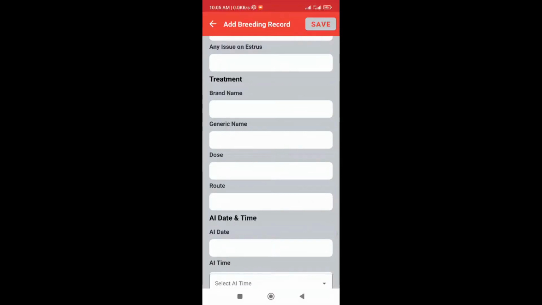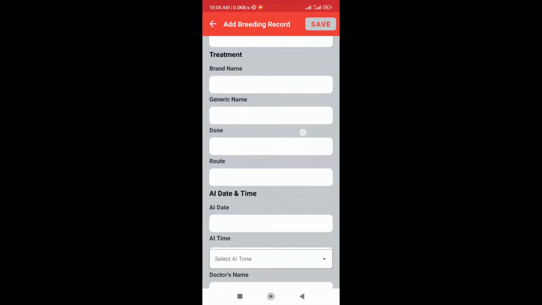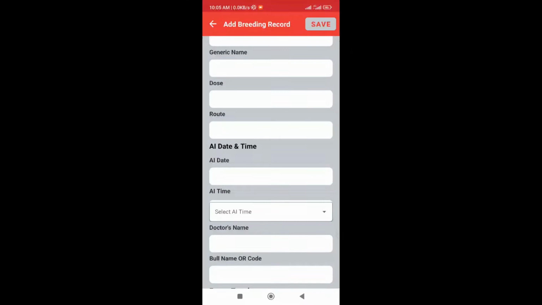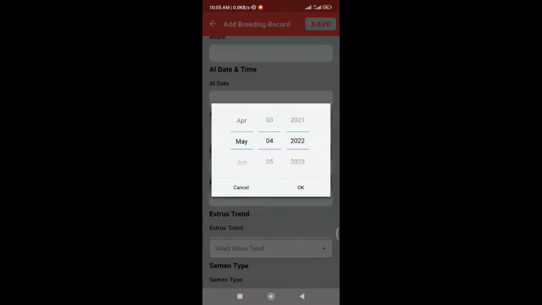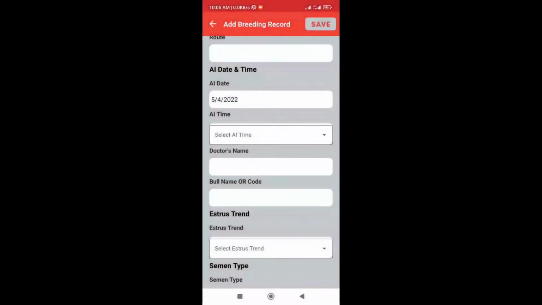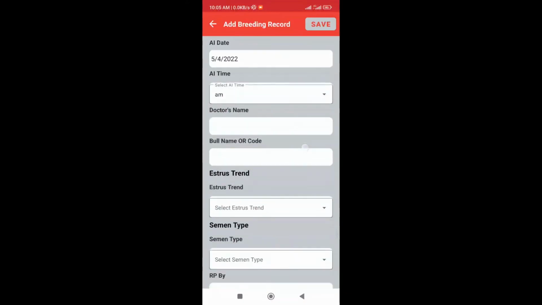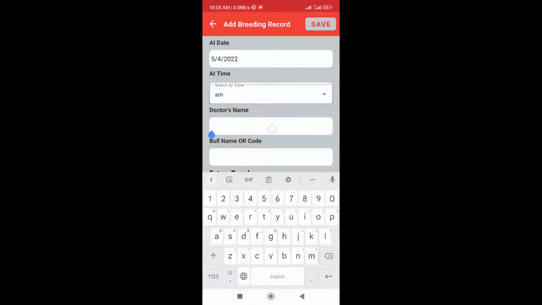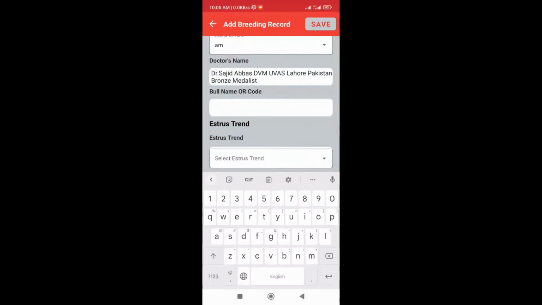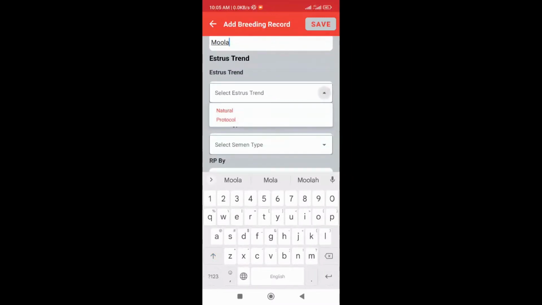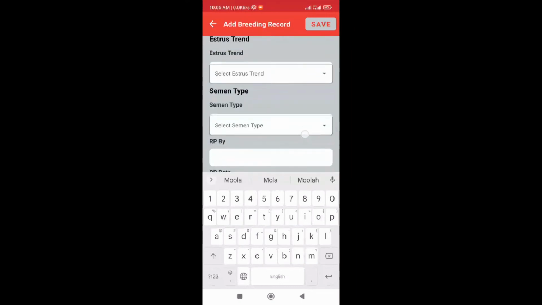Instead we treat the animal to resolve the issue, and we will write here the brand name of the medicine that we have used to treat that issue, and here we will put the generic name, and here we will put the dose and route, and here we will put the AI date like I put it this. And here we will put the AI time and the doctor's name who has done AI of the animal like I put it this, and here we will put the bull name like I select Mula, and here we will put the estrus trend either natural or protocol, and we will select the semen type